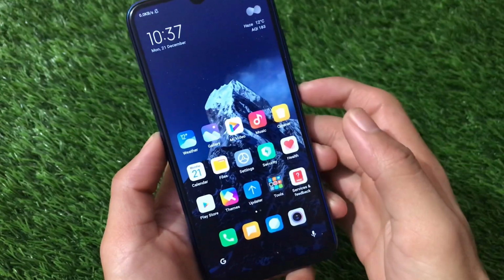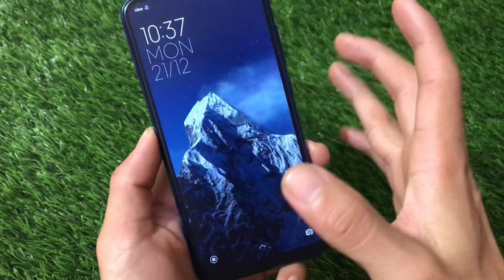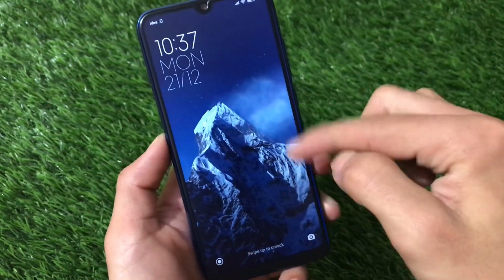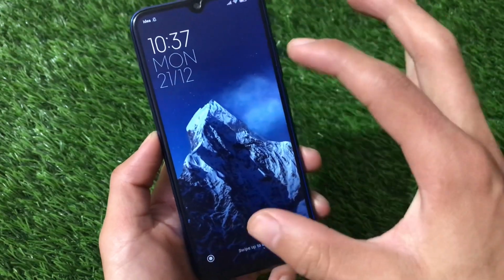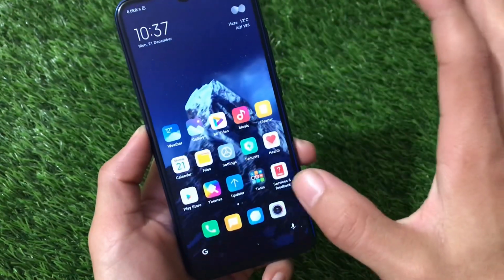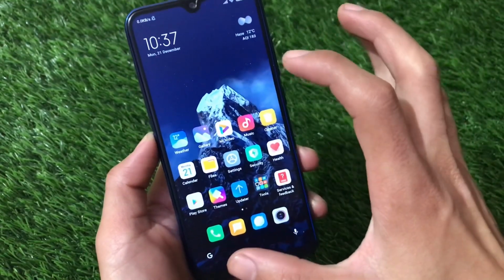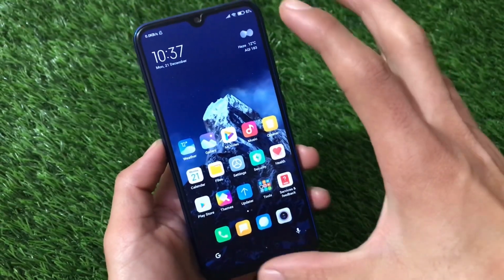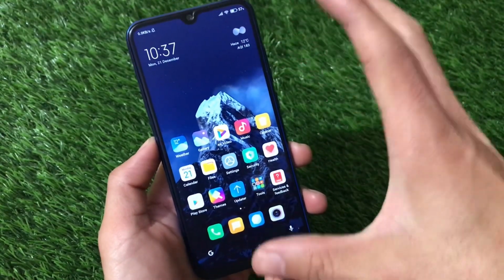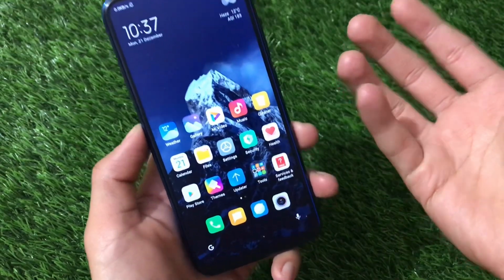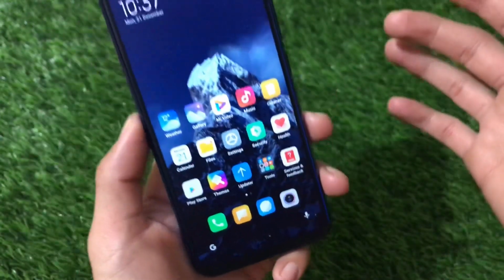Another new super wallpaper is here, which is actually really interesting. You can see this mountain super wallpaper and it's looking like this on the lock screen. Just open your device and you'll see this little bit of animation. But what is the main thing about this wallpaper? What is the main advantage of using this wallpaper? What about the main highlights of using this wallpaper?